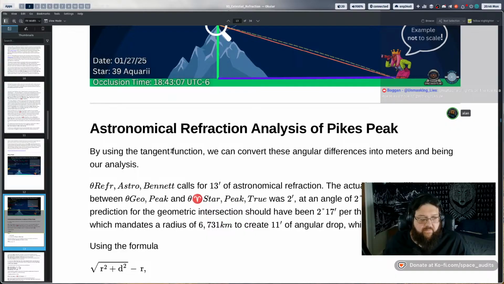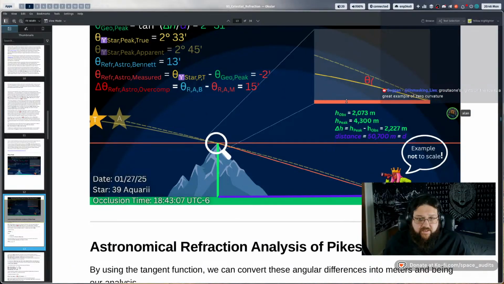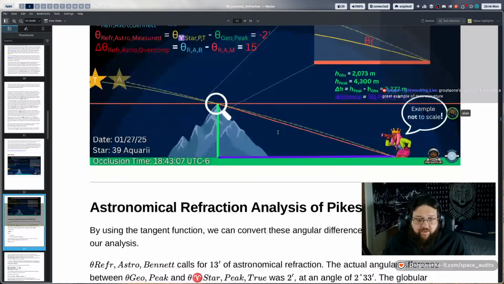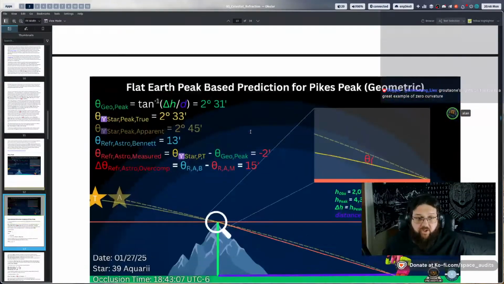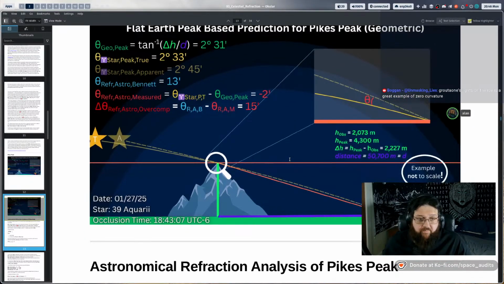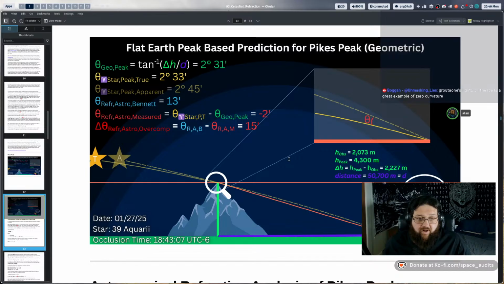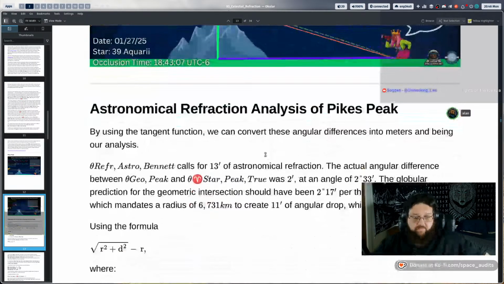All right, and as we continue the analysis, just keep that in mind, because the numbers and figures that we get relative to the measurements for the occlusion are strictly going to be based on a refraction that is independent of terrestrial refraction, as we go over a measurement that only differs from the predicted amount by 30 arc seconds, which is extremely small. And the amount of terrestrial refraction there was 2 arc minutes.